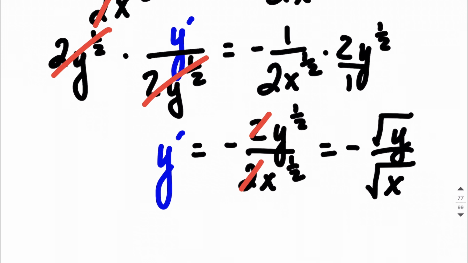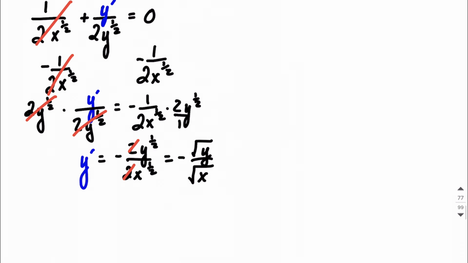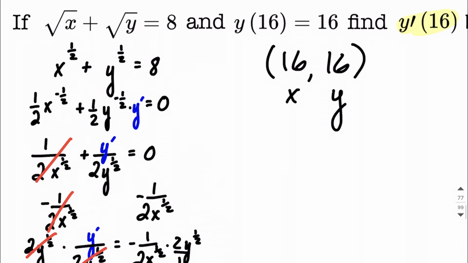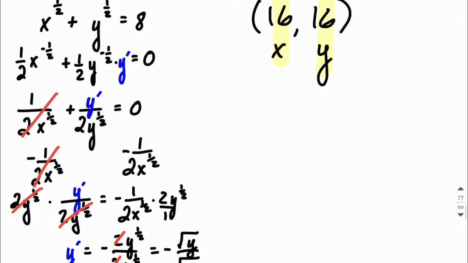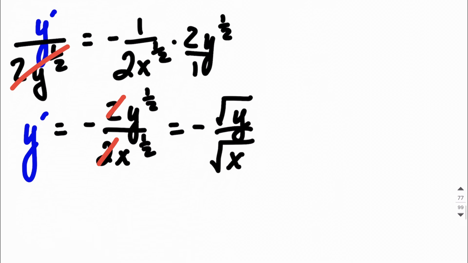All right, from here we now have the derivative y prime, but if we go back up to the beginning, we are asked to find y prime of 16. Remember, x value of 16 goes with a y value of 16. So we're going to take our derivative and replace the x with 16 and also, in our case, the y with 16. To finish this up,